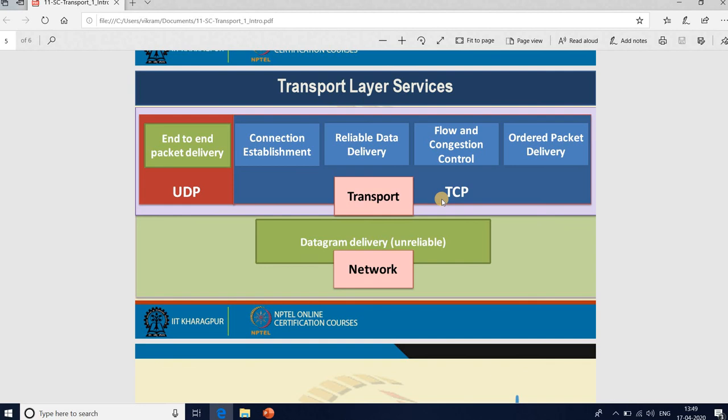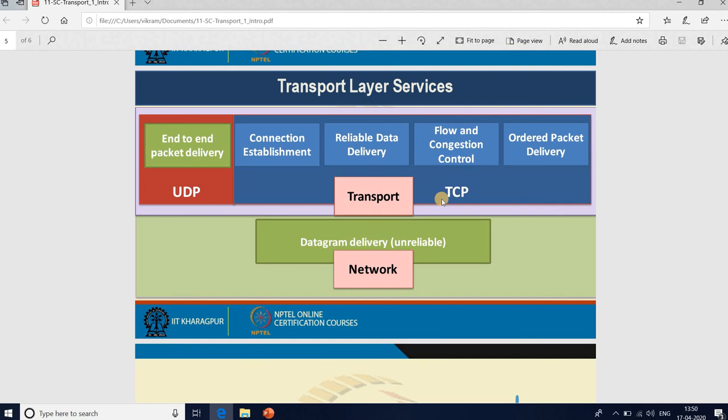So the network layer's task is to send data packets from one host to another end host. Many times it fails to support reliability, in the sense that there is no guarantee that data will be delivered from end host to end host.